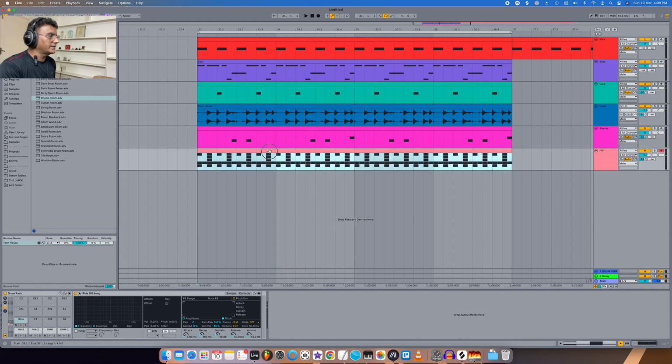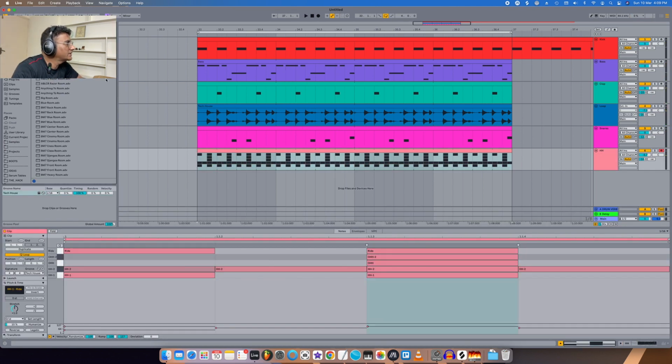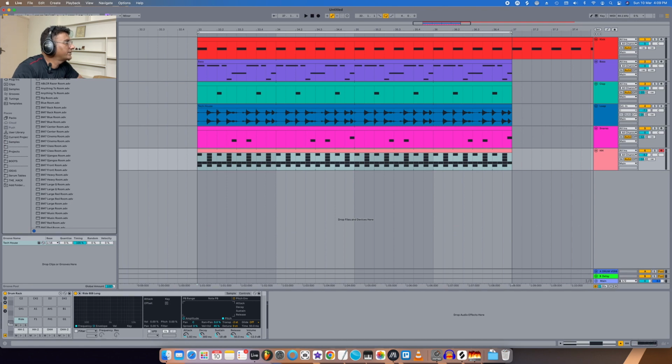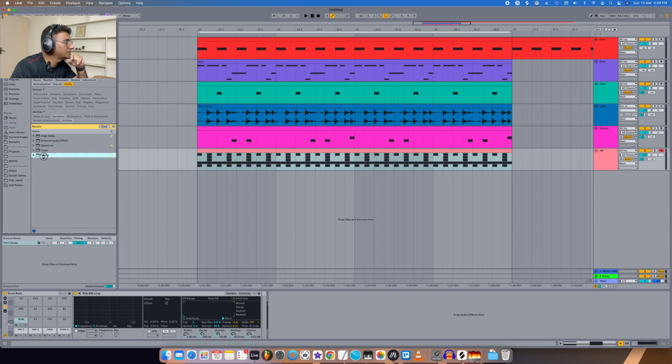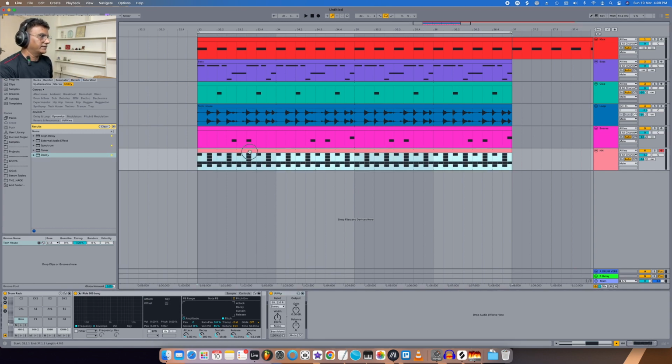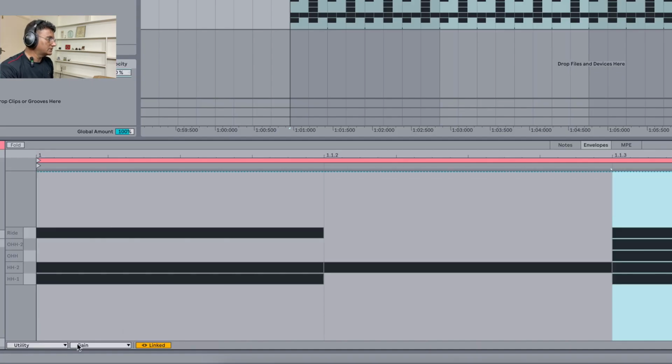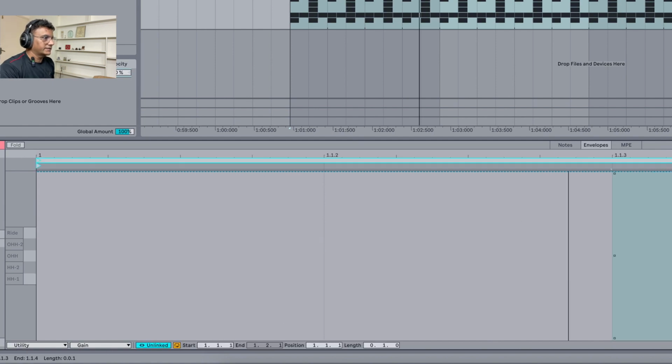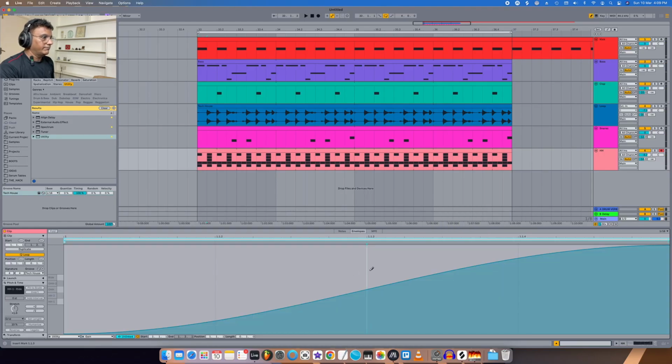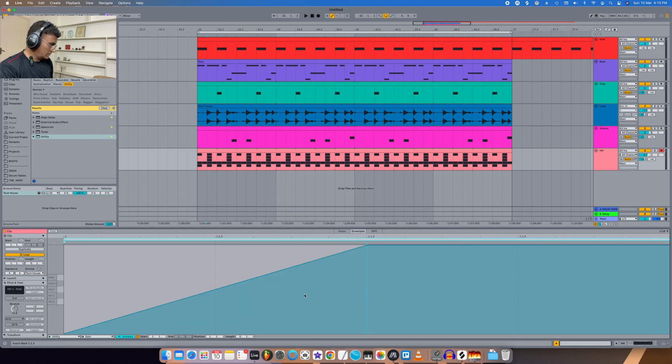Last thing is add a little side chain to the hi-hats. So let's go into the audio effects. Let's select utility. Let's do this thing. Okay, and MIDI clip envelopes, utility gain, unlinked. Select this shape. Click B for the pen. Draw this shape. Click this off. Hold Alt and